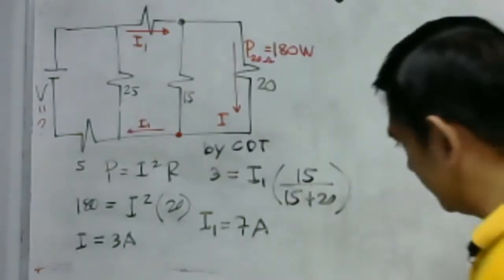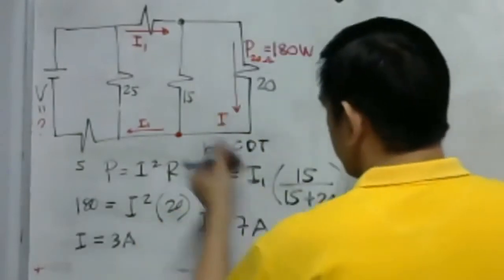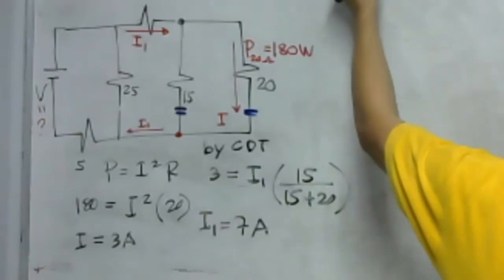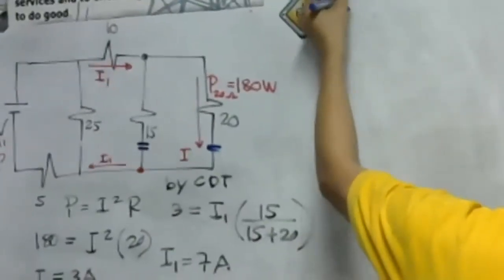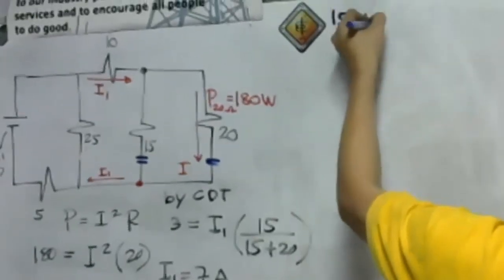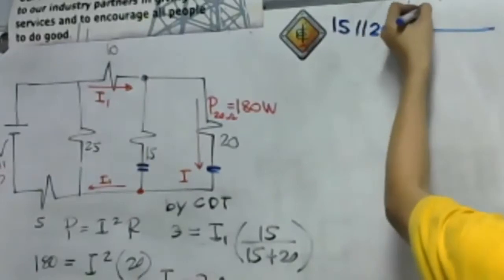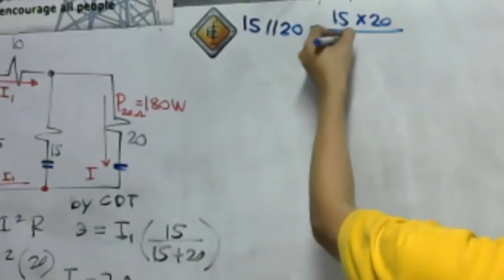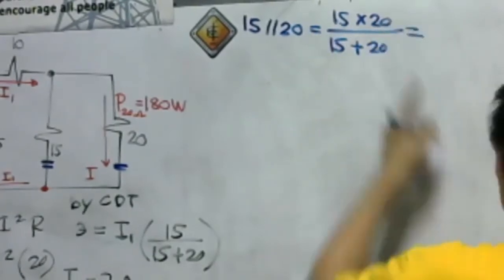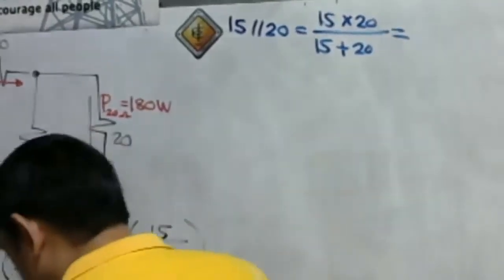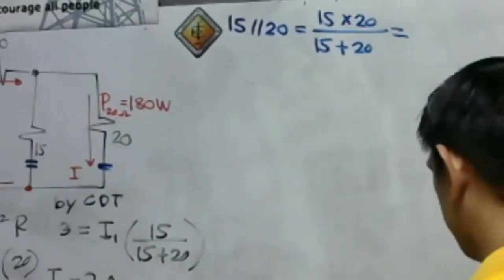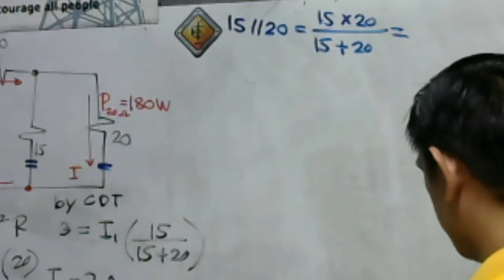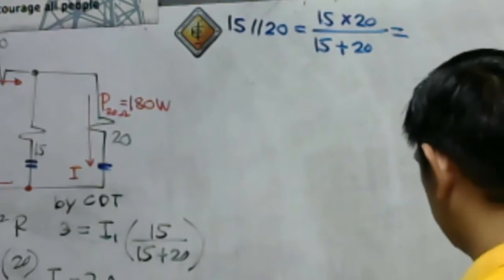Let us get the equivalent resistance of 15 and 20 ohms. Okay, let us put it in here. This is 15 in parallel with 20 ohms. That is the product over the sum. Okay, 15 times 20 over 15 plus 20. Product over the sum. So we have 15 times 20, then divided by 15 plus 20 equals